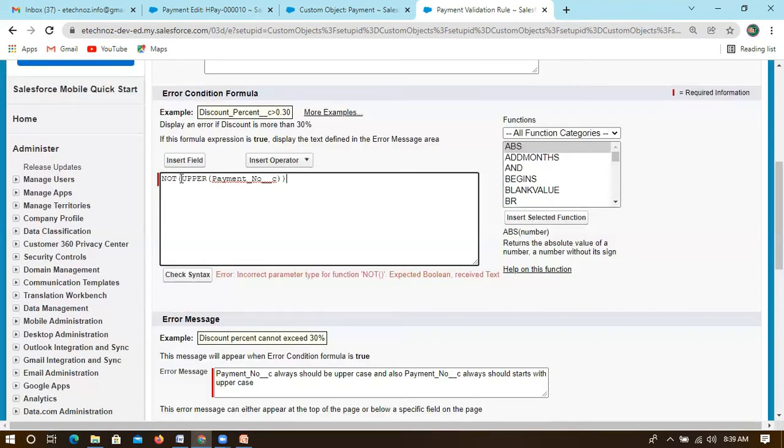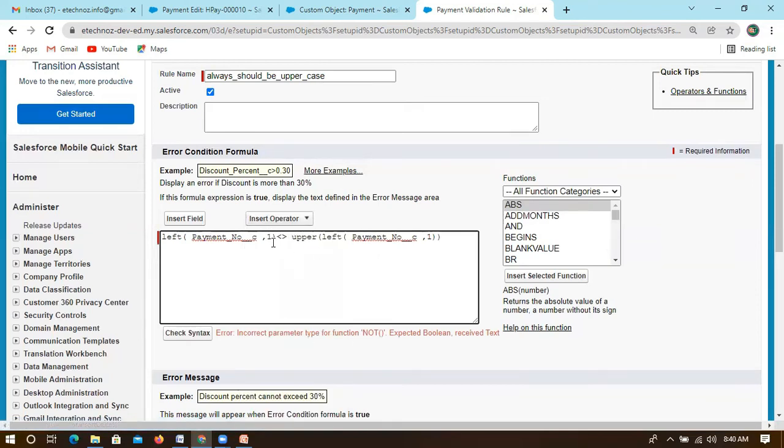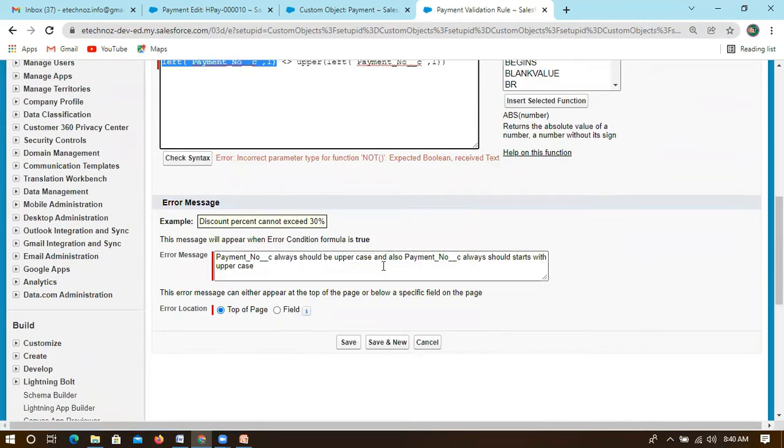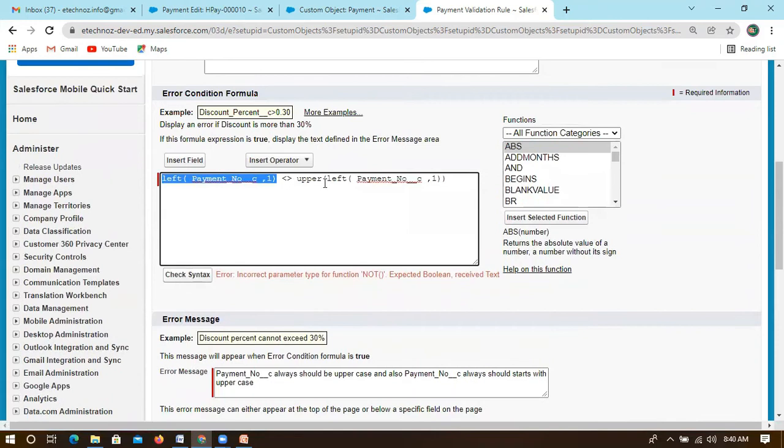For the payment number, I need to check the position. If this is the first position, from the left I just need to check the positions, and I also need to check the right side. It counts from the left at which position it is starting and ending. This is how we need to write it, with the operator not equals, checking left hand side and right hand side. Only for this type of thing we write in this manner. The rest we will go with normal format.